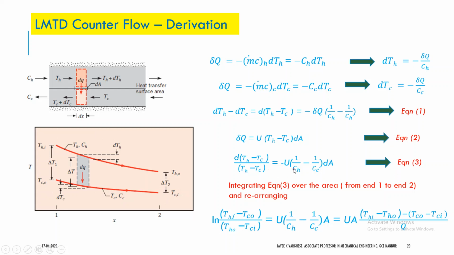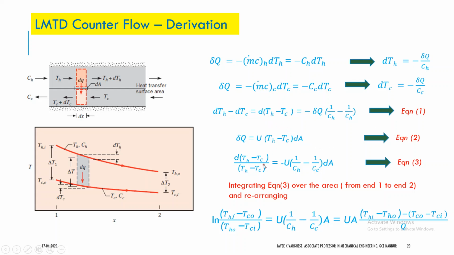So you should keep in mind always to incorporate the sign in the proper way. Otherwise, we may not get the correct answer while deriving it. Now, this dq is written as u into th minus tc dA, and combining equation 1 and 2 and rearranging, we will get